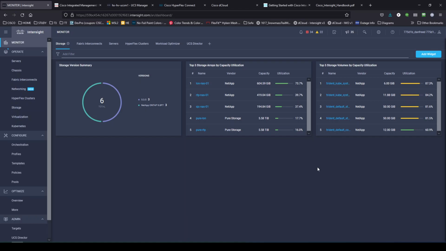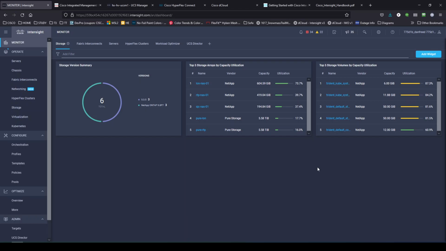Next is storage, because you can't stand up a lot of compute without storage, especially if they're booting from SAN. So storage is typically broken down into block and file. Then you've got your compute, which in this case we're really specifically talking about Cisco UCS and/or HyperFlex compute. And then once the compute is online, then you can install an operating system. And this is the virtualization layer and/or hypervisor. In our case, hypervisors that we can run on our VMs include ESXi, Hyper-V, and Intersight Workload Engine. And then finally,